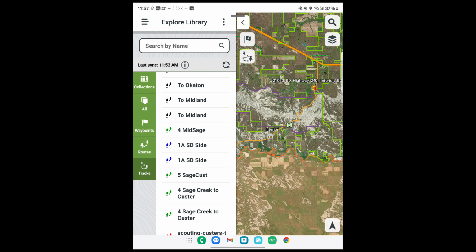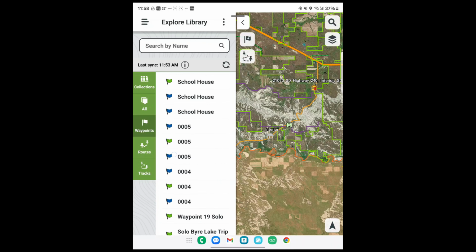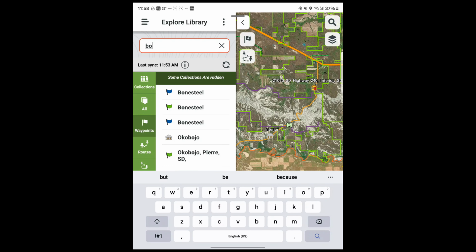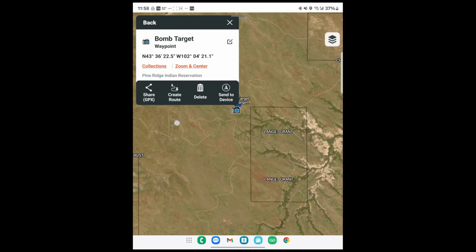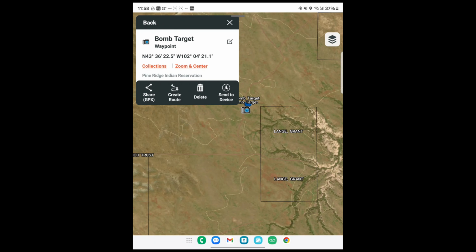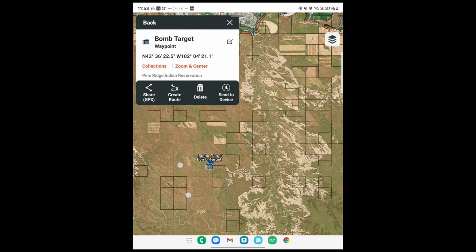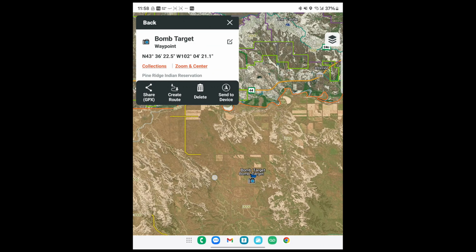I think the waypoints is if I see anything interesting, because that was an interesting waypoint, right? So if I go up here and do a search, I can mark this as an area of interest if I ever want to go out there and check it out. And you'll see here when I dig into that, as I mentioned, oh, that's right near the Lance Grant Trust. Also over here, overall, this is in a pretty open area, so if I could find a route to it, I would. And then here's a route to it, so now I might be able to venture out there if I had a motorcycle. Looks like there are roads out there.